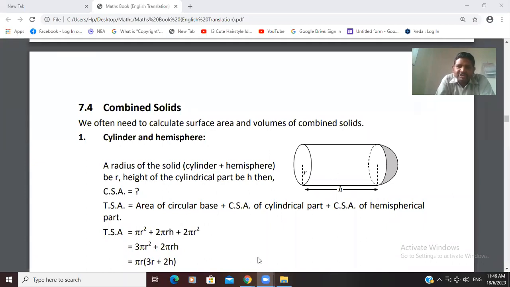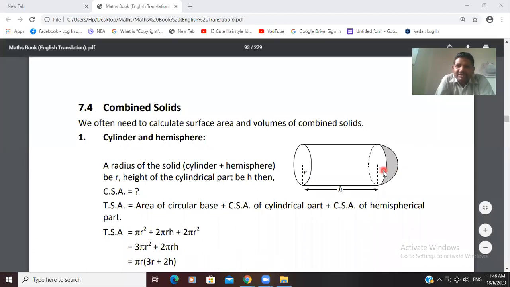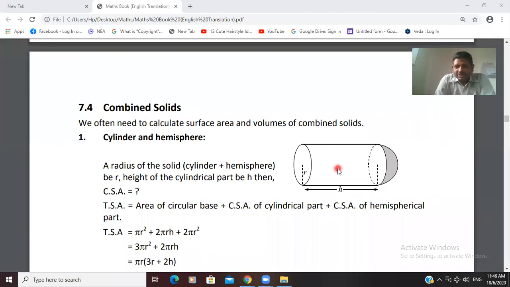The solid object that you are looking at on your screen is a combination of cylinder and hemisphere. The colored part is hemisphere and white portion is cylinder. So curved part of cylinder and curved part of hemisphere we add, then we get the curved surface area of this solid object. But when we want to find the surface area, that is total surface area, then what we do? We add curved surface area of hemisphere plus curved surface area of cylinder plus